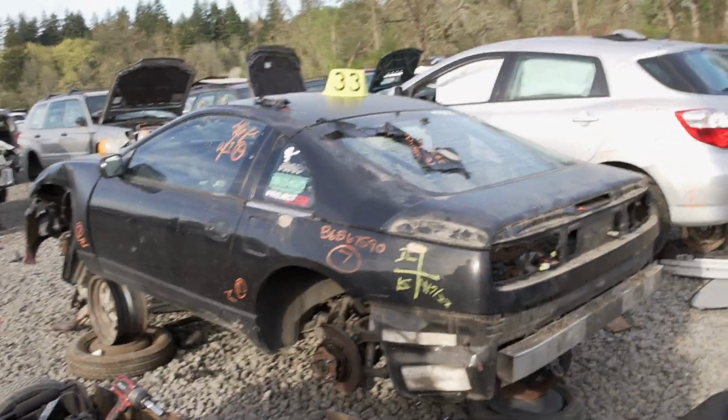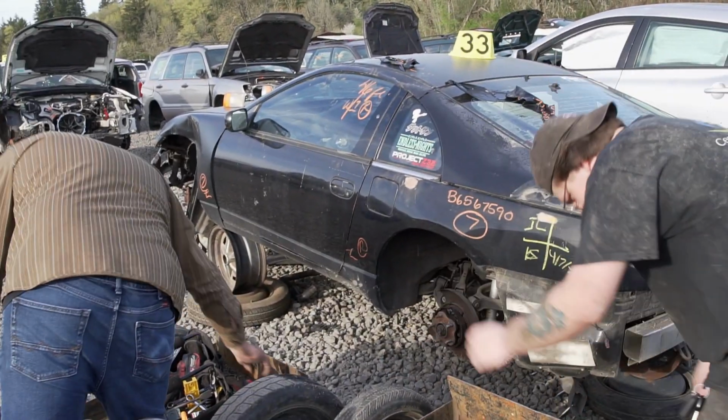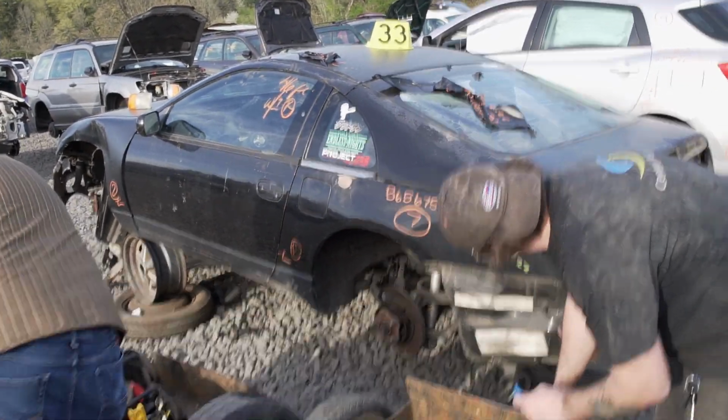We're gonna try to get the diff in the subframe because Michael wants the diff for the 240, and I'd like the subframe for the Skyline. We're pretty much stripping this thing dry. So whoever's car this is, it's being put to good use. I really am curious. It's got a couple of...